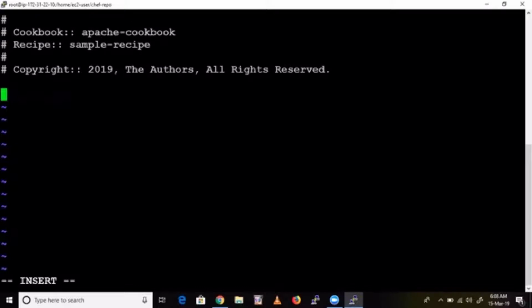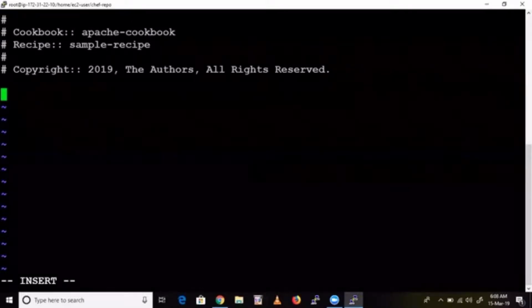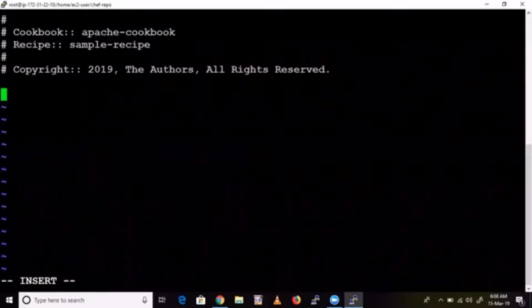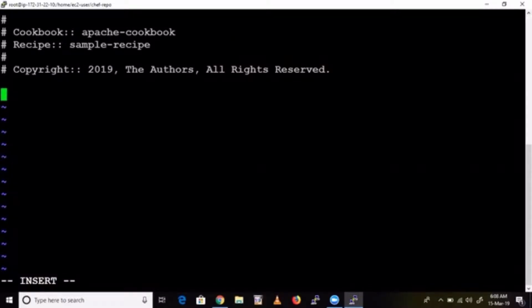For example, I want to install multiple packages. Simple, guys, very, very simple. So what do you do? Give percent W in brackets, and give the packages. For example, I want to install httpd, MariaDB.